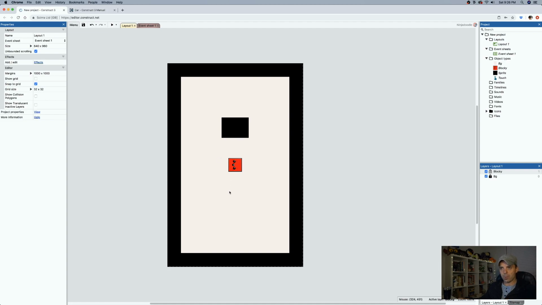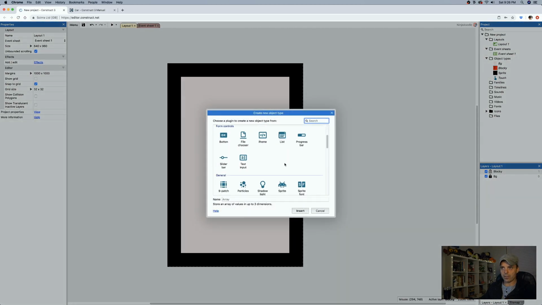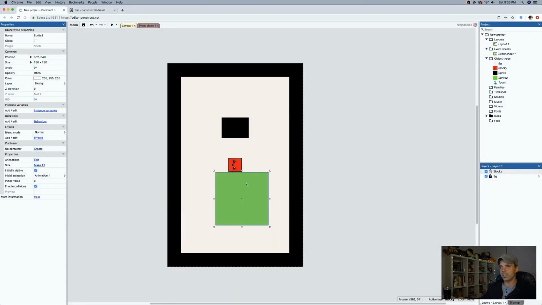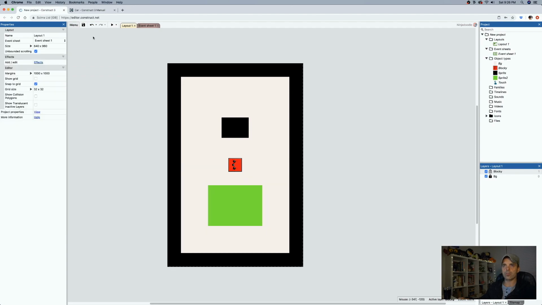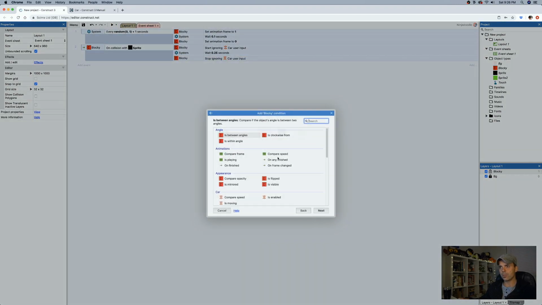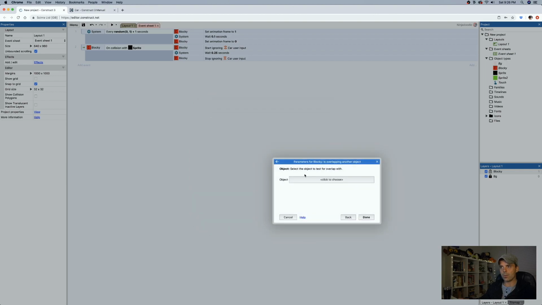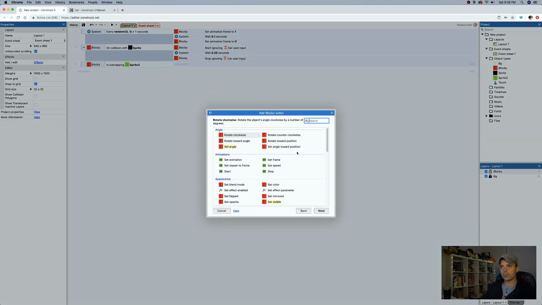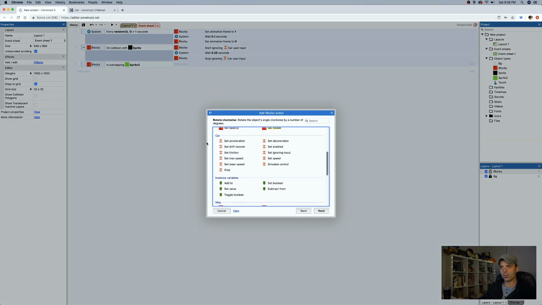But the one thing I wanted to show you that would be really easy to do in this case is something like, we'll add a sprite and we'll just use another color, something greenish, and we're just going to chuck it over here like this. And let's say this is our grass, right? And you want the car to go a lot slower on grass than it does on land. So we could have something like blocky is overlapping another object, and we're just going to use the green one. And in this case, we're going to set the acceleration, or even just the overall speed, set max speed to